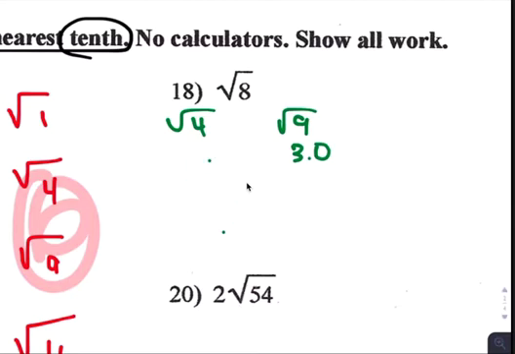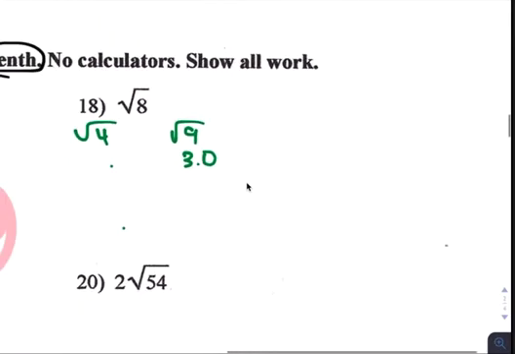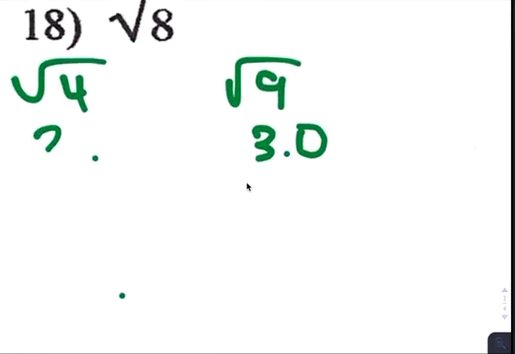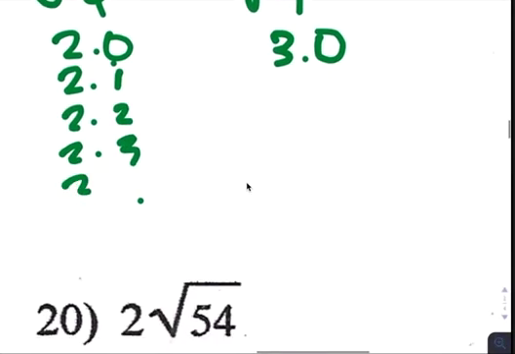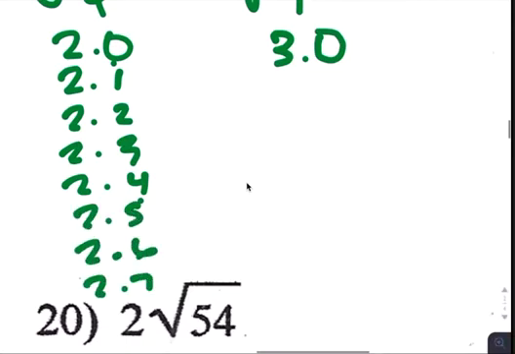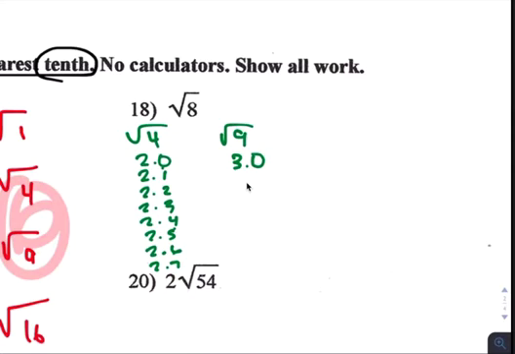Let me write smaller. 2.0, 2.1, 2.2, 2.3, 2.4, 2.5, 2.6, 2.7, 2.8, and 2.9. Square root of 8 is closer to square root of 9. So the answer for square root of 8 is